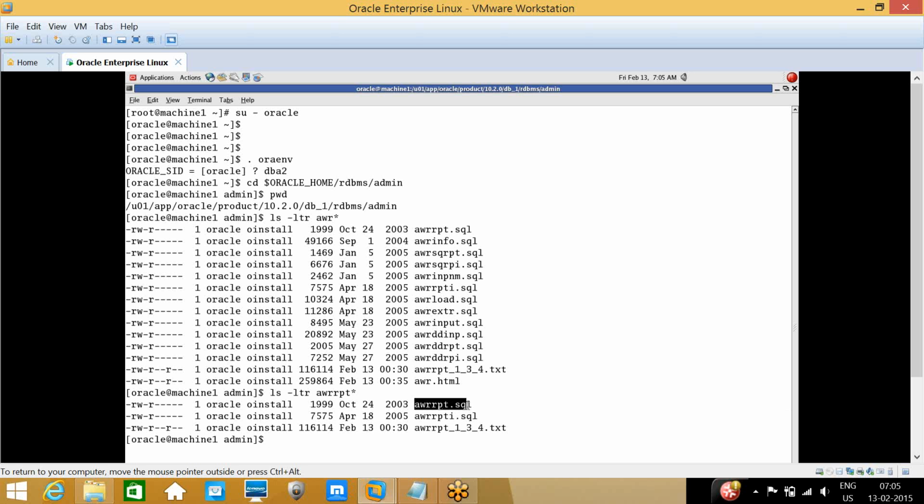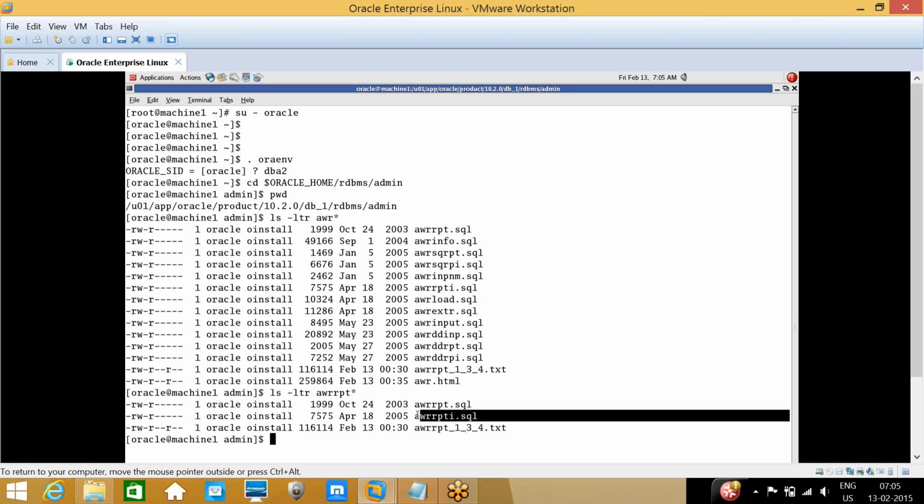So for the complete database, including RAC, we run awrrpt, and for instance level, awrrpti.